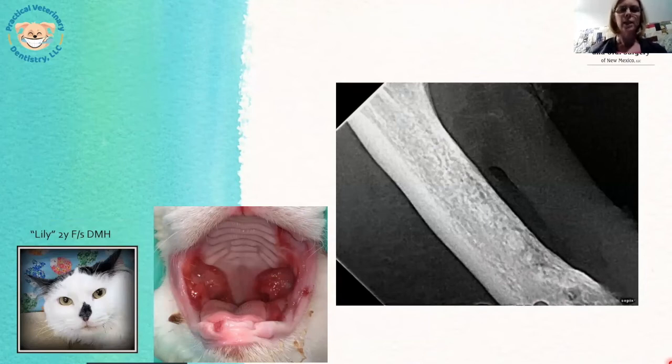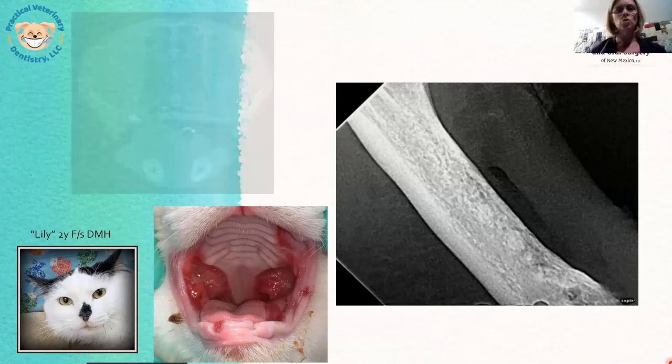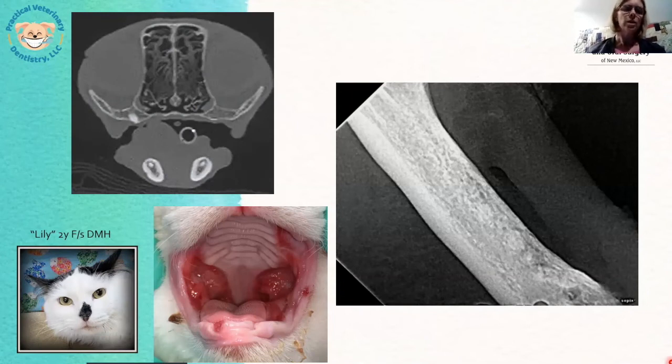This is Lily. She obviously is a toothless cat. She is 2 years old, and she has gingivostomatitis. Her extractions were performed at some other clinic that I don't know about, but they were convinced that there were no roots left behind. We look at this radiograph and I don't see anything super obvious that appears to be tooth structure. But when we look at our CT,